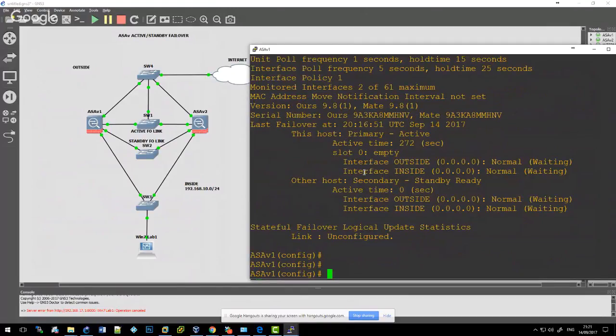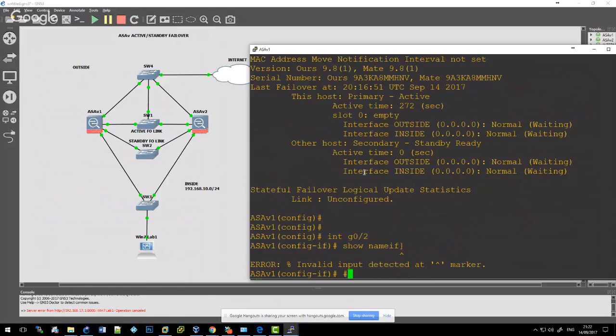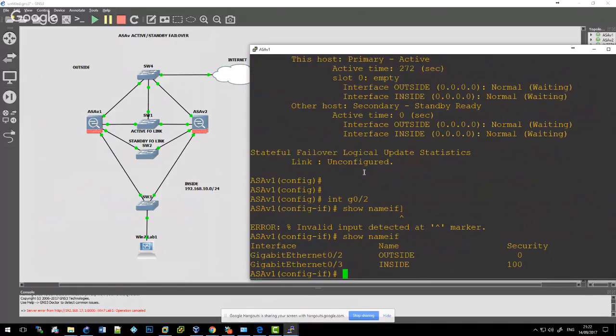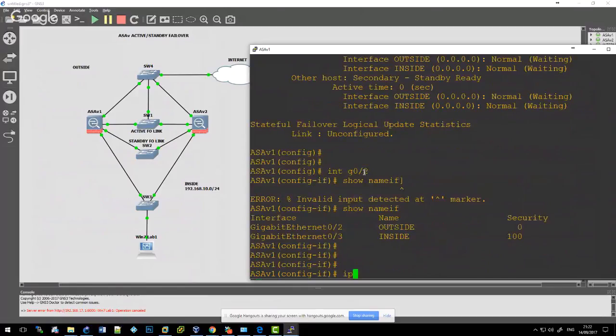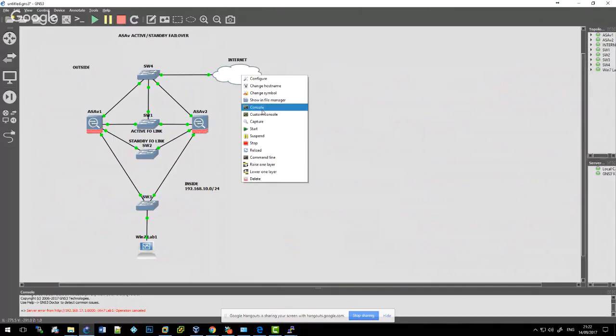So we'll do interface gigabit 0/2, which is the outside, if I remember correctly. Show nameif. Yeah, okay, so that's right. So the IP address is, I need to check this actually before I do that, because this has a